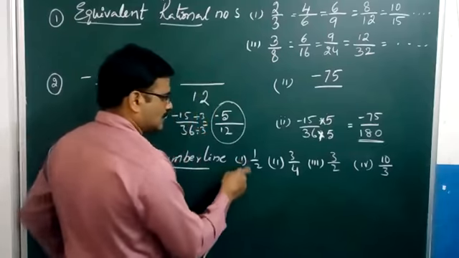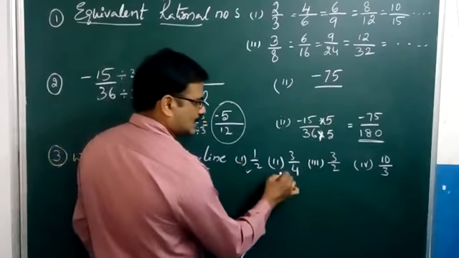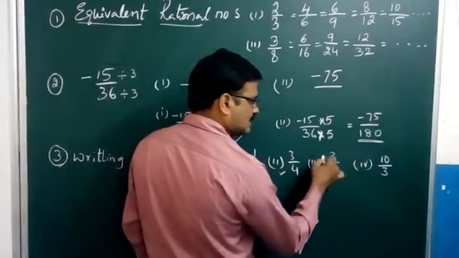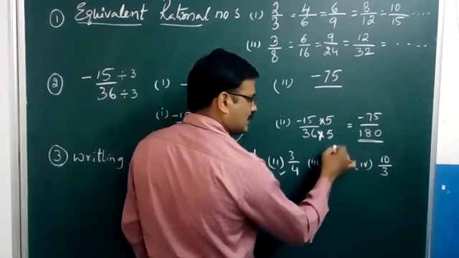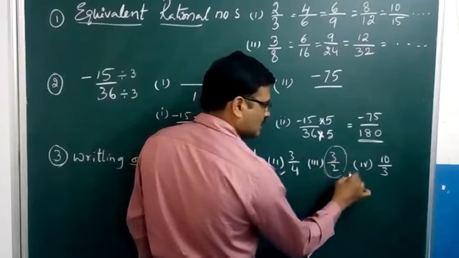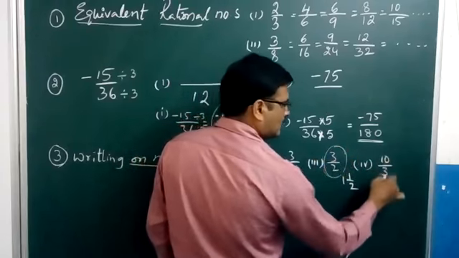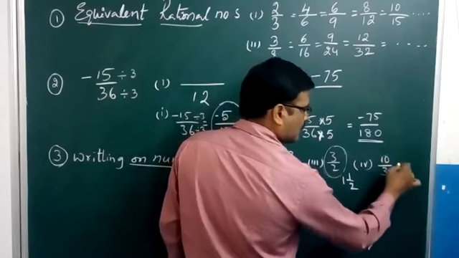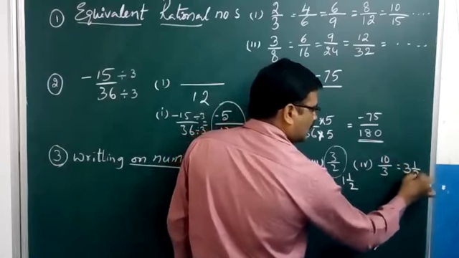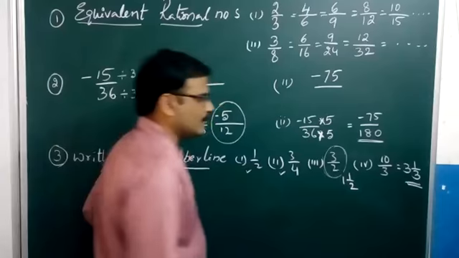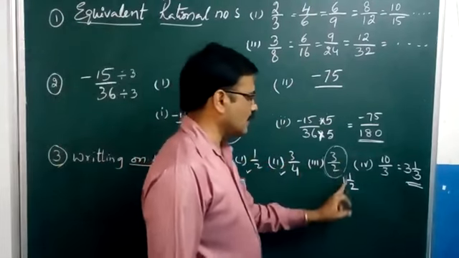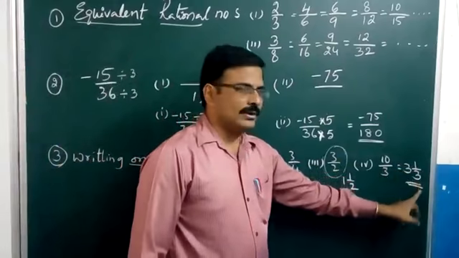So coming to here, this is a proper fraction and this is a proper fraction, and here is an improper fraction. Its numerator is greater than the denominator, so it is an improper fraction. So you can write this improper fraction as 1 and 1 by 2, and you can write this fourth value as 3 threes are 9, 3 and 1 by 3. So here you have the values 1 by 2, 3 by 4, 1 and 1 by 2 and 3 and 1 by 3.